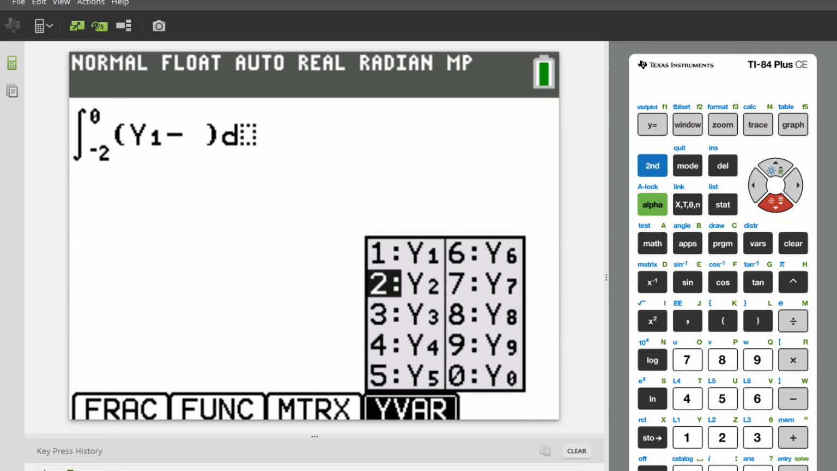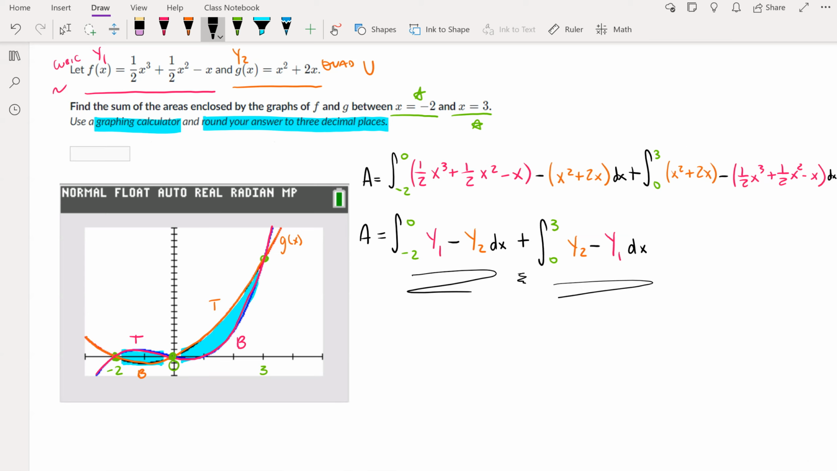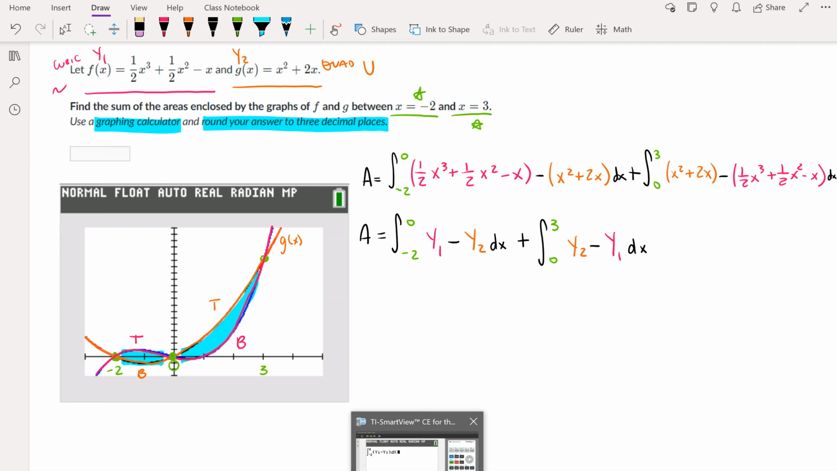And then dx. Plus, so what we did here was we set up this integral, right? Now we need plus the integral of y2 minus y1 from 0 to 3. So let's do that one. So plus